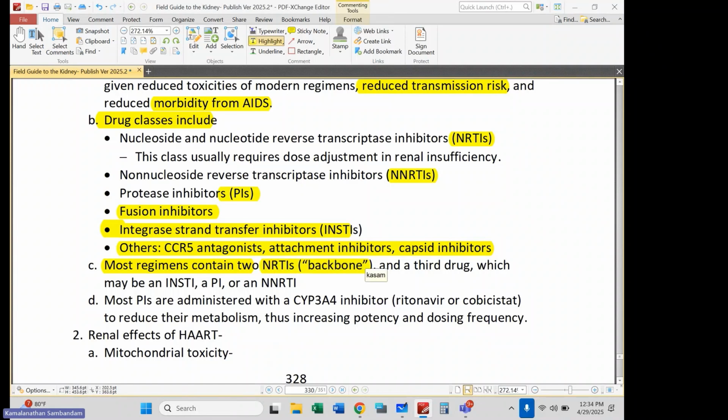backbone, two of them, and then you add a third drug. And the choice of that third drug can be a variety of these other classes. Protease inhibitors are a common one. Often these protease inhibitors also inhibit the CYP3A4 enzyme system. That is intentional, and is called boosting, in order to get by with less frequent dosing of your other HAART